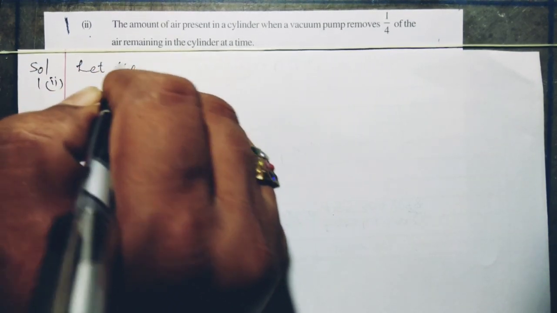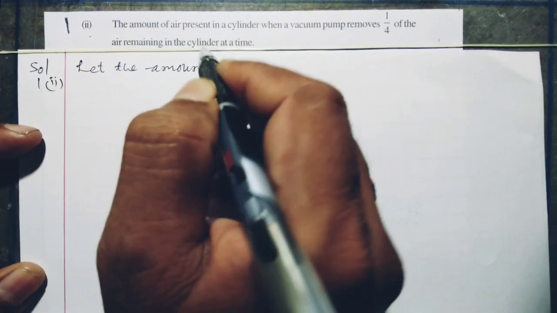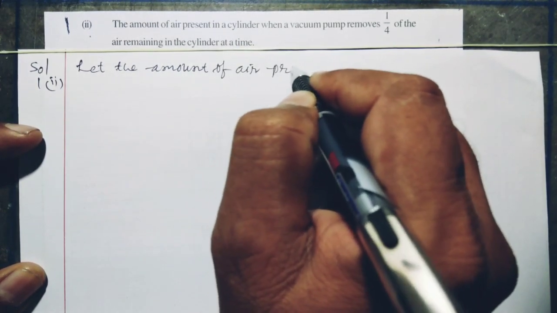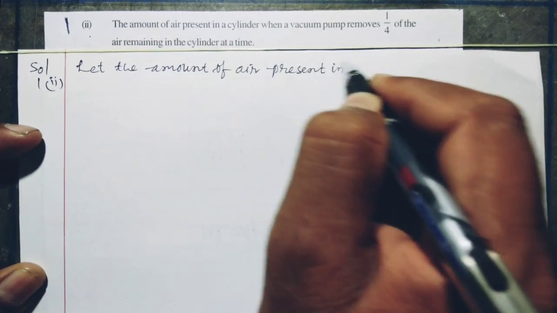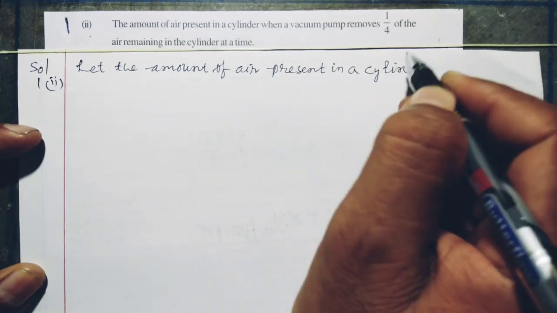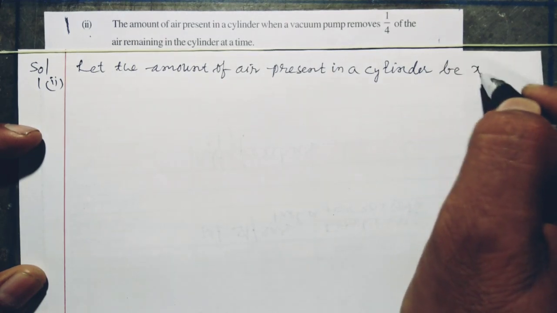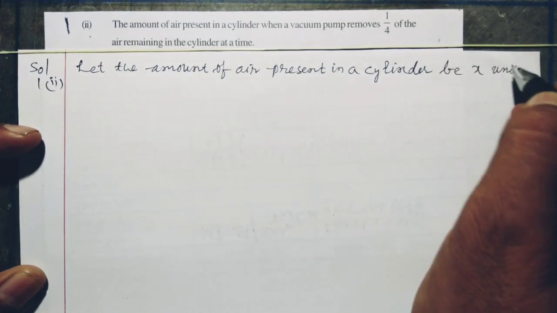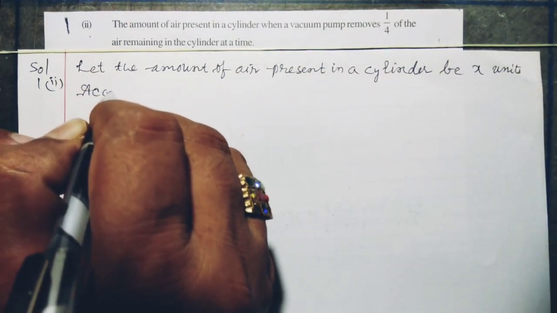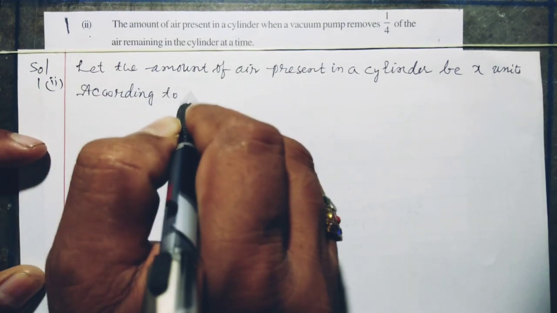Let the amount of air present in a cylinder be x units. According to the question,